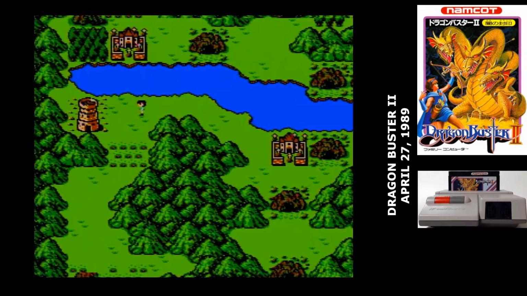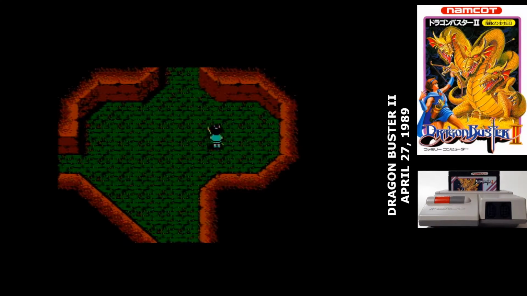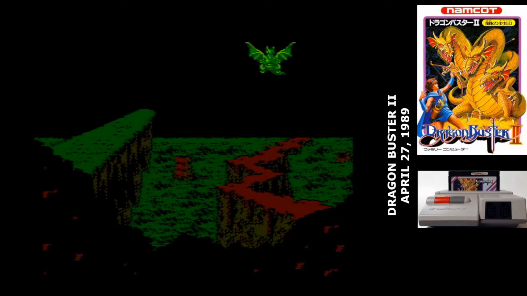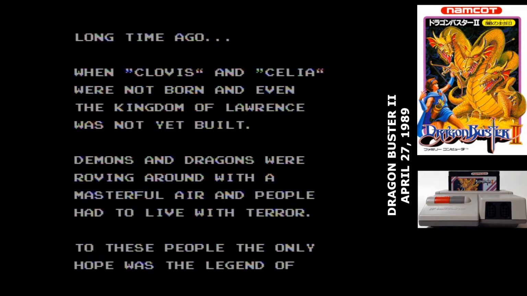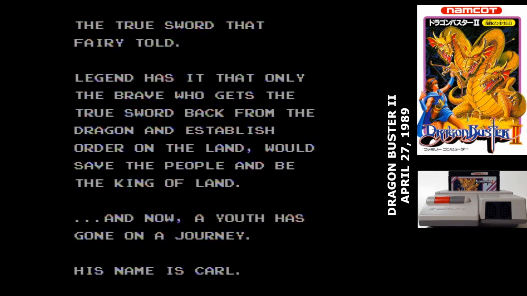Dragon Buster II has only the slightest connections to the original game. And this one's a Famicom original. It's not an arcade port like the first one. The game has a pretty good animation in this opening cutscene, and the text scroll explaining the backstory is entirely in English, or something resembling English closely enough. By the way, I hope you like the music here in the opening, because that's the only music in the